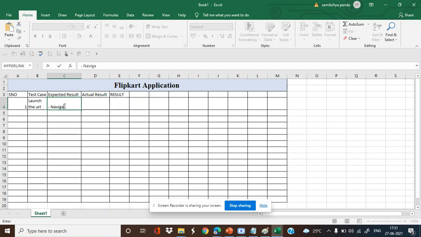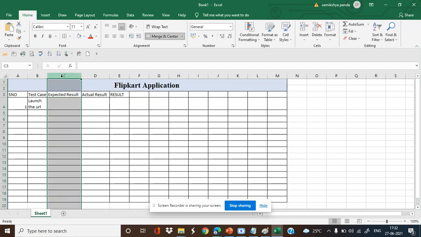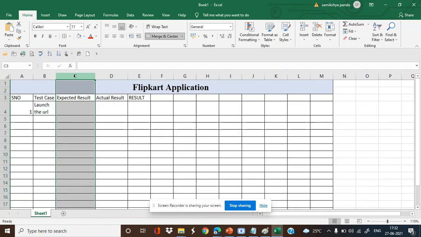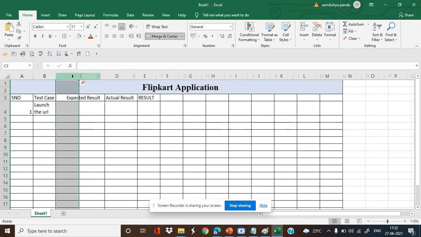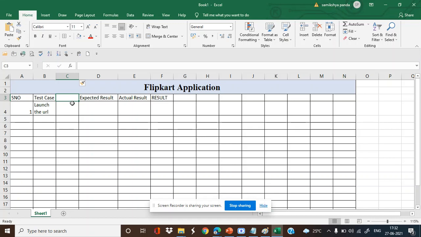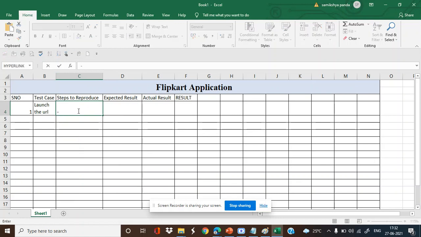Like I'll write the steps. Okay, here what I'll do, I'll just try to replicate. Here I'll write steps to reproduce. Okay. Let's see. Like normally, open the browser, launch the browser, then enter the URL. Okay. So once you